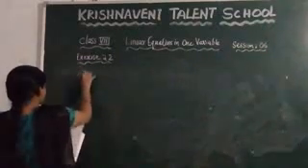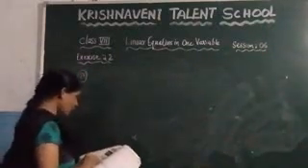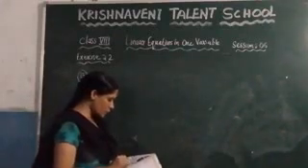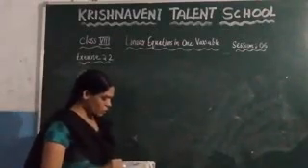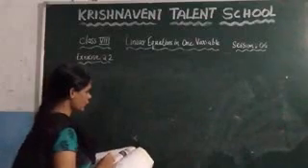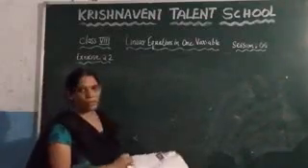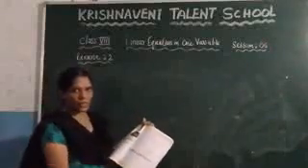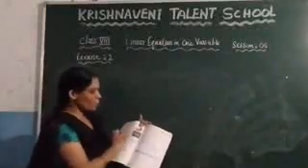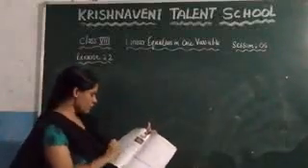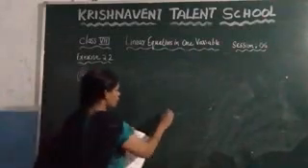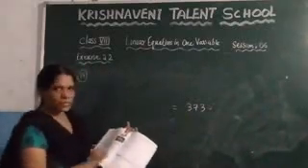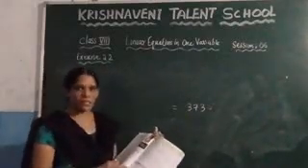Seventeenth question. Here, what they have given: the sum of the page numbers on the facing pages of a book is 373. What are those pages? That means, let us consider this is the open book, and they have given here 2 page numbers will be there in the book, right? And if you add these 2 page numbers, you have to get the result as 373.